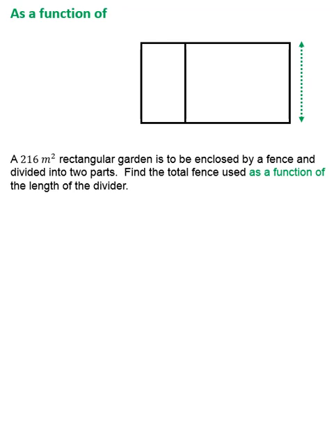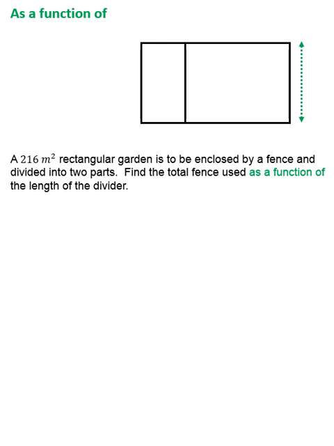In the previous examples, we used 12 meters for the length, and we found the total amount of fence. And then we used 9 meters as the length and found the total amount of fence used there as well. But when they say to find the total fence as a function of the length of the divider,